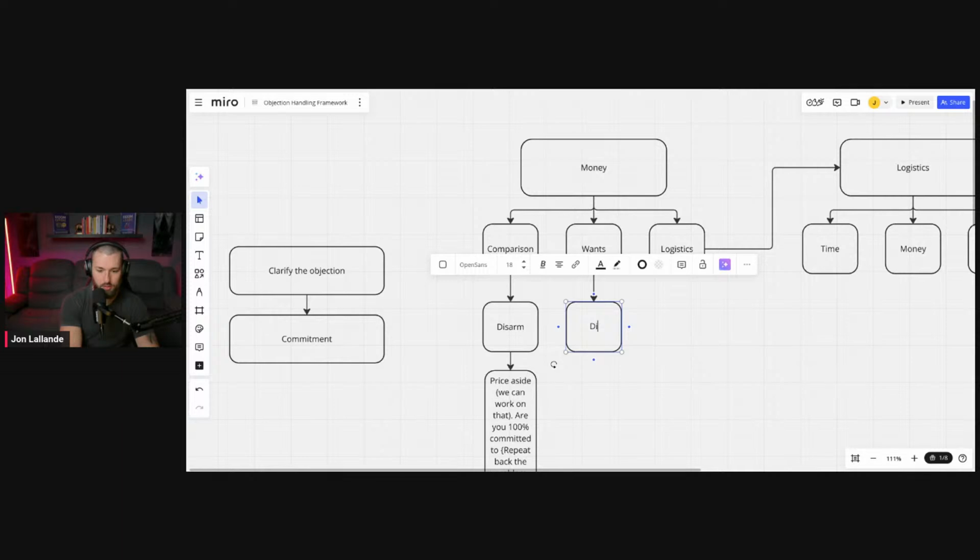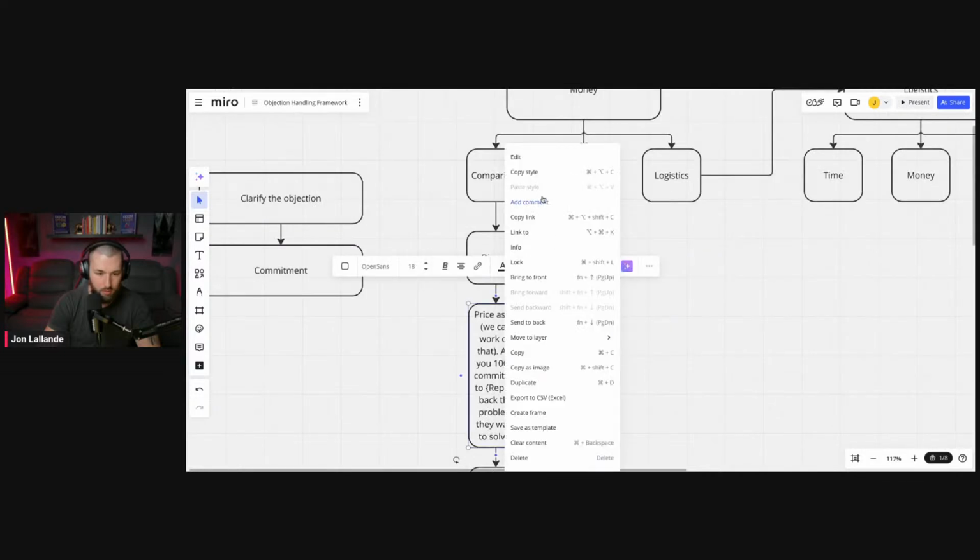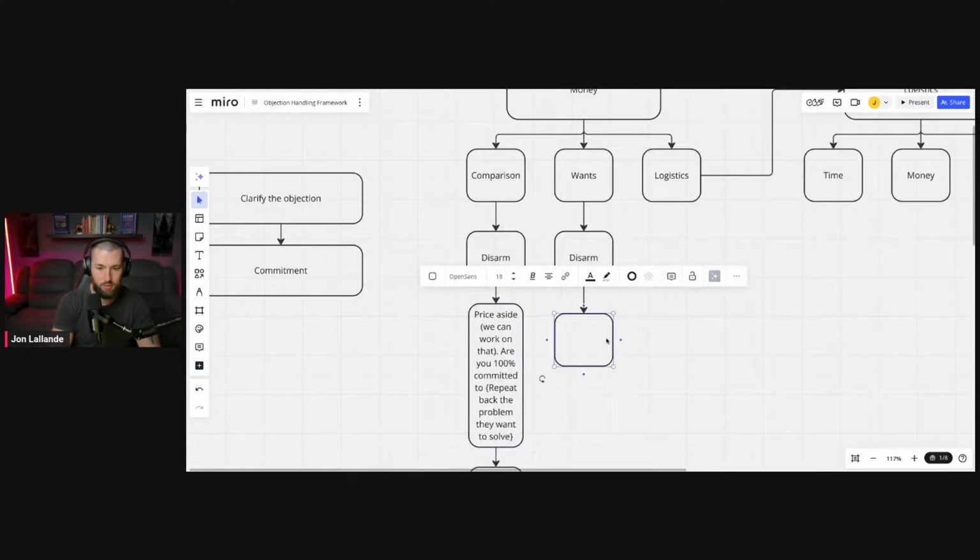Now, once I do that, I want to disarm them, right? So yeah, certainly understand that you would want more money, not a problem at all. Now we're going to do the same thing. We're going to ask this same objection handler. Let me just copy it. It's going to be very similar.